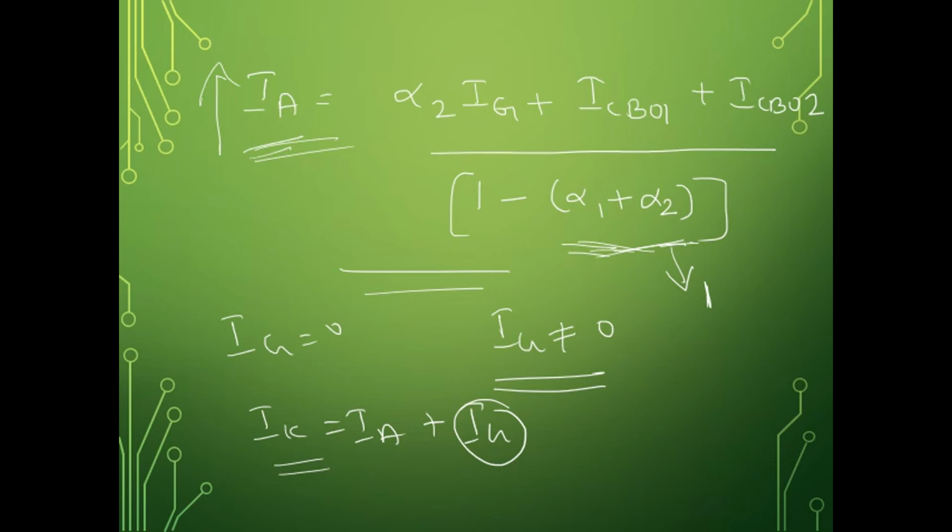Overall, initially we just need to make the anode to cathode forward biased, and you apply a sufficiently small gate current so that it will conduct, and you have to maintain the anode to cathode voltage sufficiently high so that even if you remove the gate signal, the thyristor will latch.